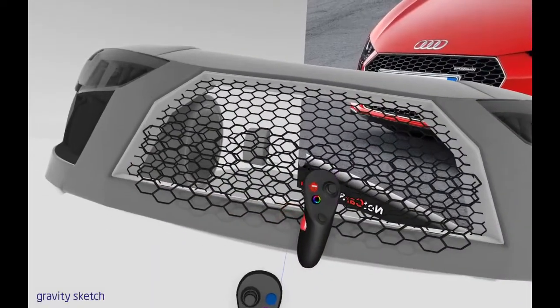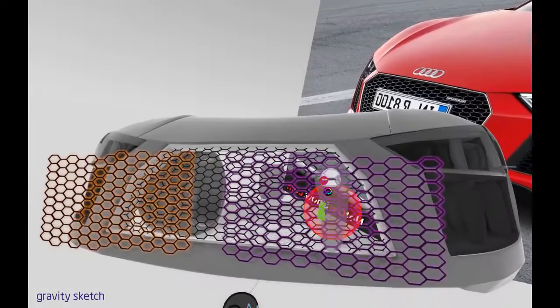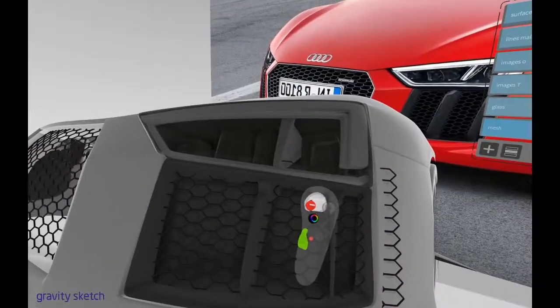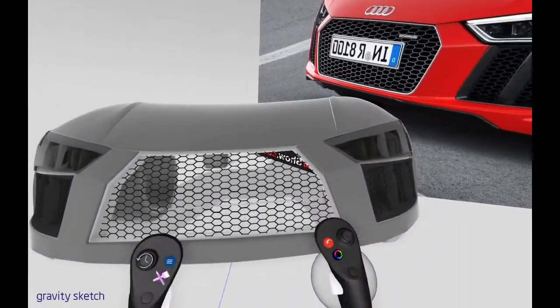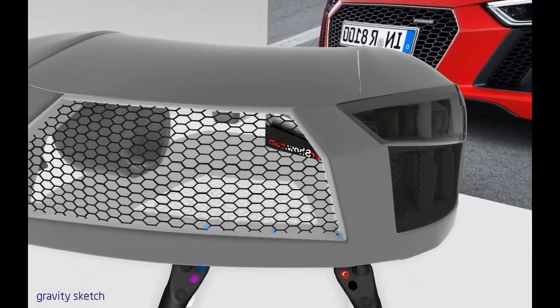We don't need these center pieces, and we'll just duplicate these one more time. Probably too many here, that's okay. Grab all of these and make them one group, and then place them in the mesh. Now we can break the group and get rid of any we don't need. All right, now with the surface tool, in a dark mode, let's just create something behind the grill to block